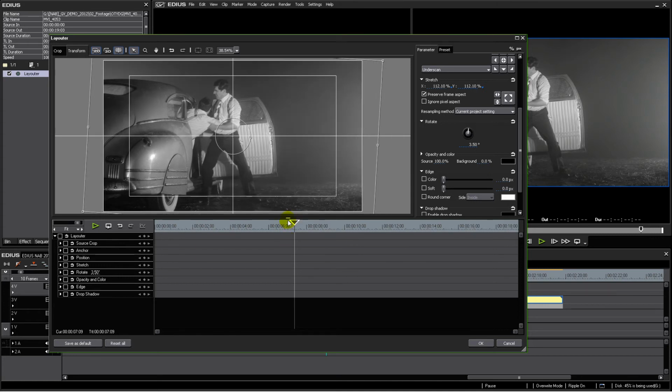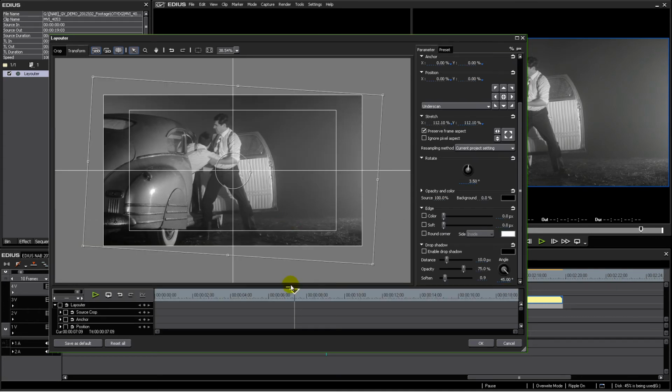Now in previous versions of Edius and in other editing software, we don't have the option to choose how it resamples, how it resizes, but now we do. And we can do it straight here on a per clip basis. So this resampling method is currently pointing to the resampling method built into our project, but we can always change that to